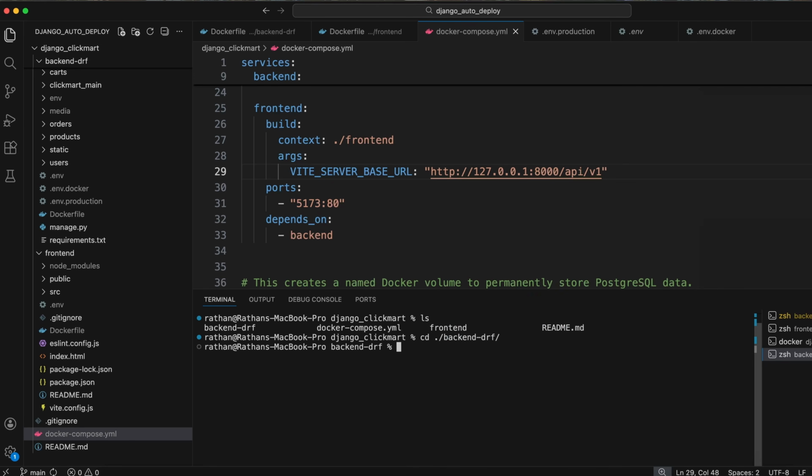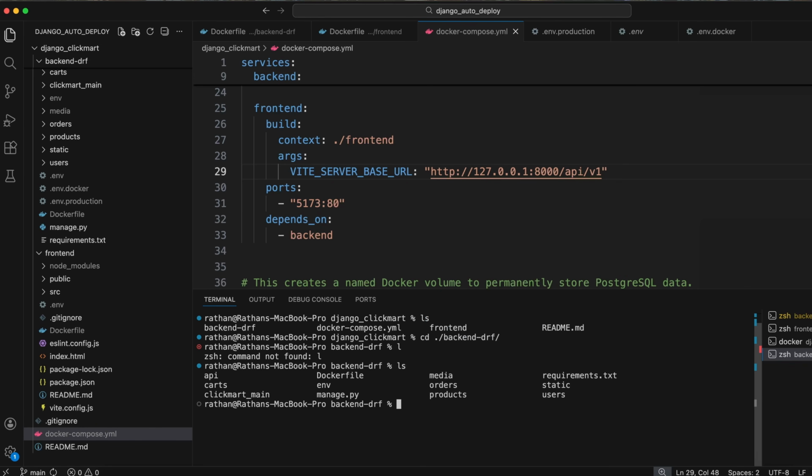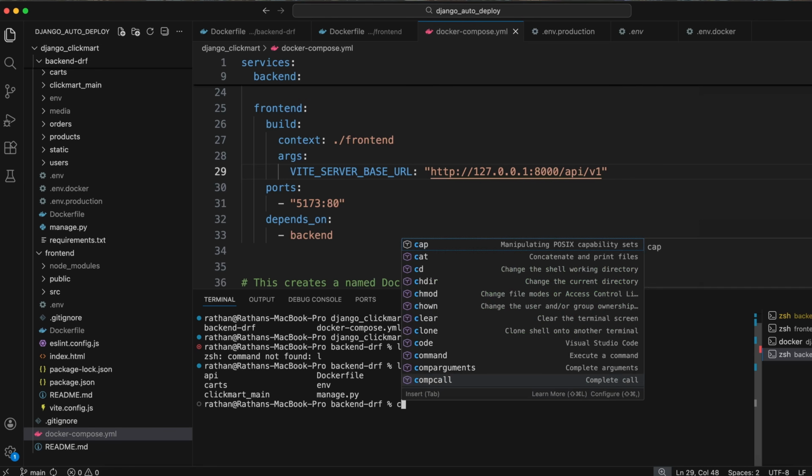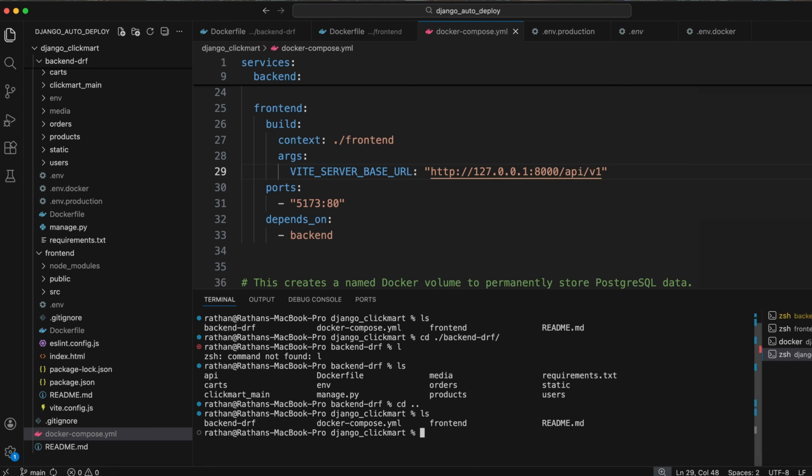I don't have to go inside this backend drf. I can just come back, no need to go inside. Here, docker compose exec backend python manage.py